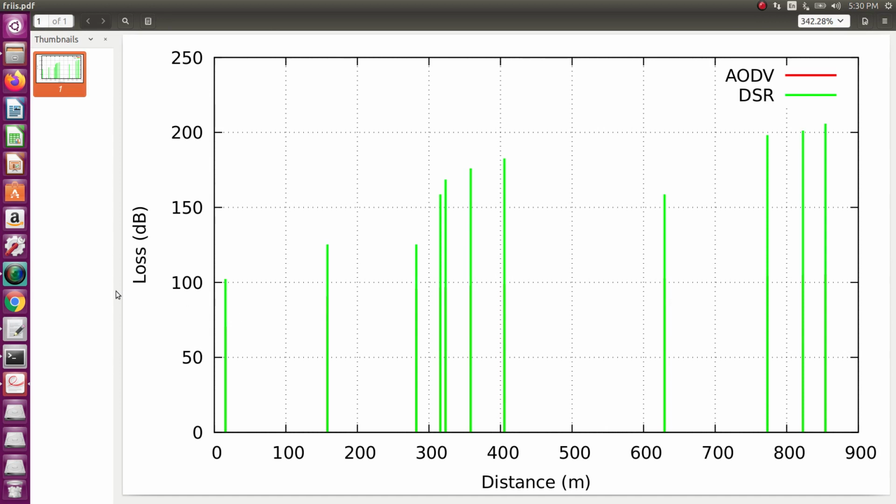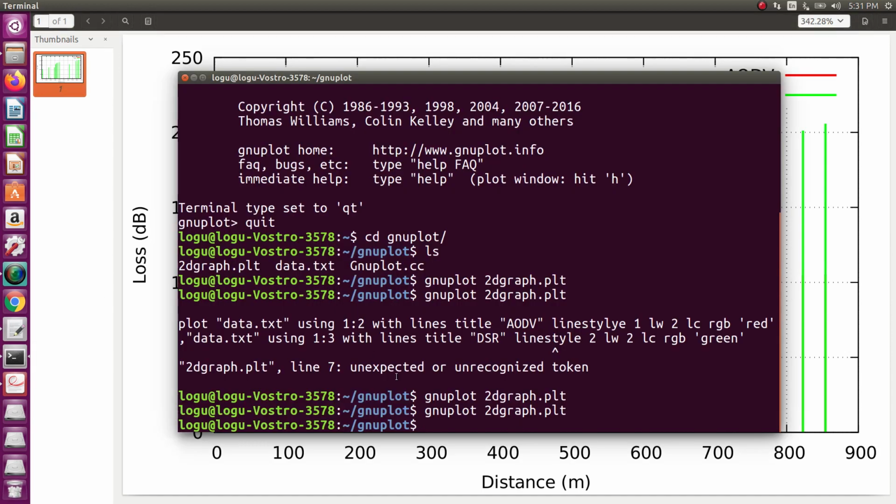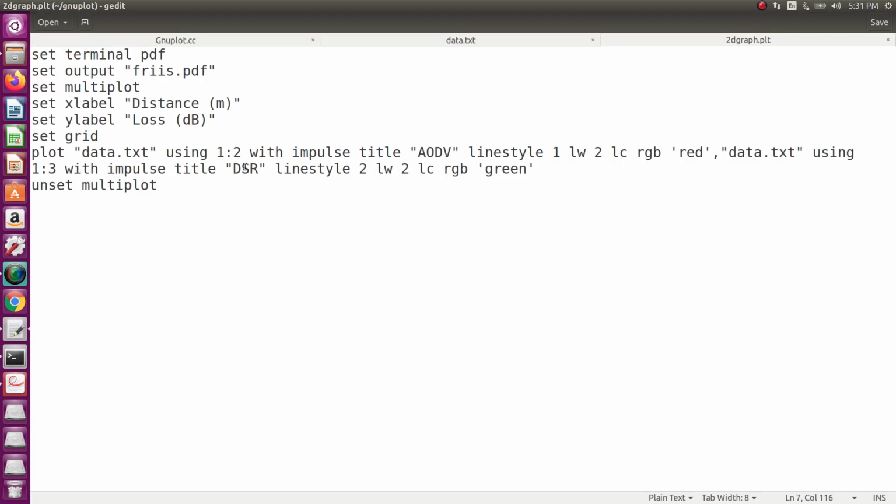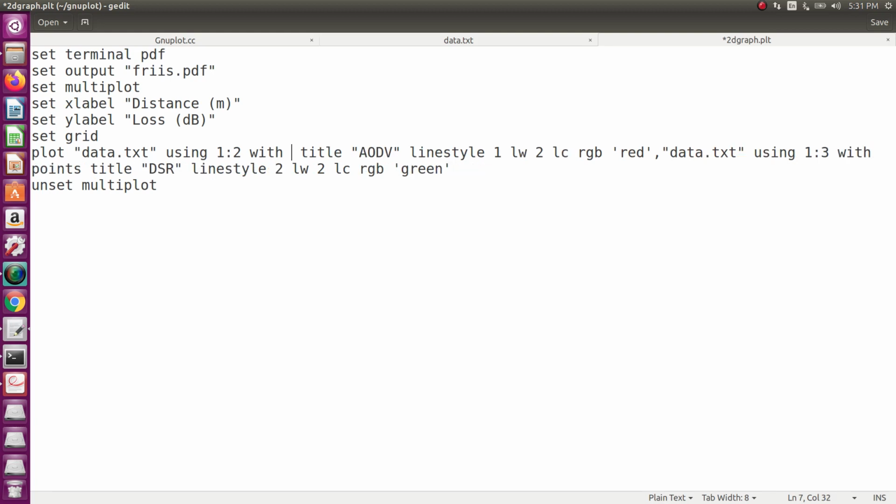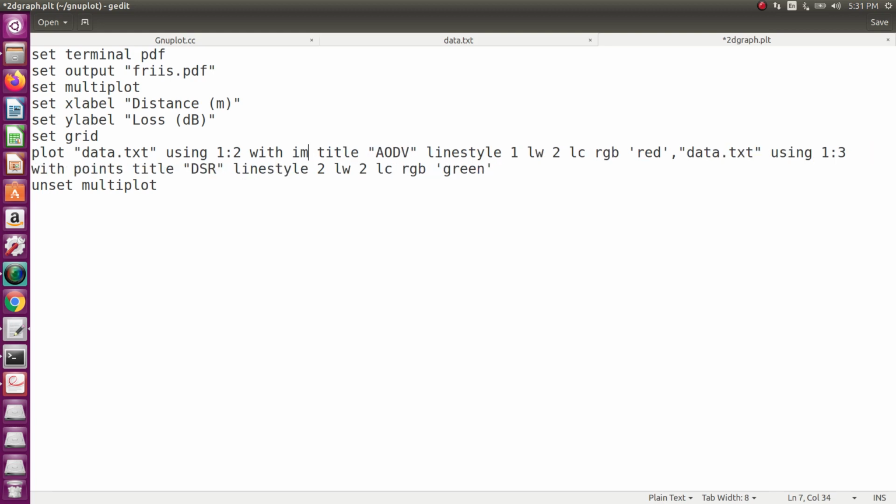The next, I need only points, so just type points. Here also I have to type it. One is impulse, one is points, no problem.